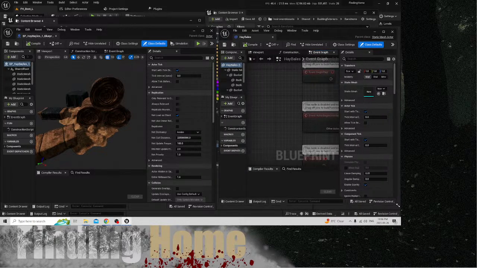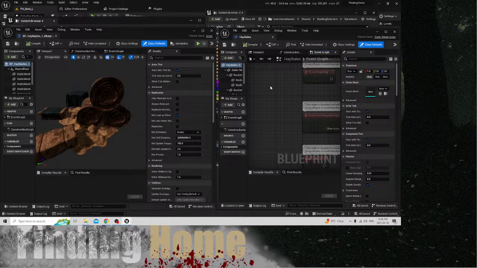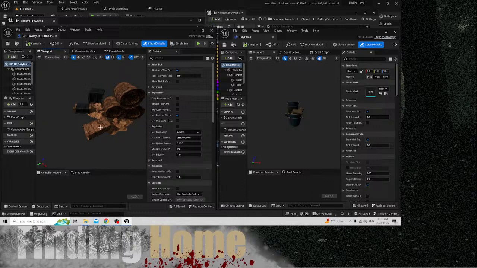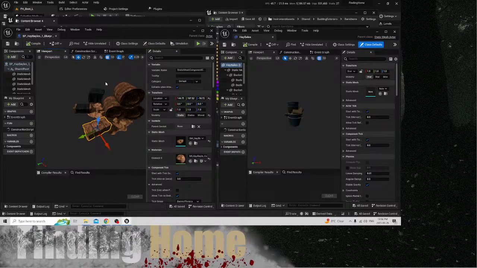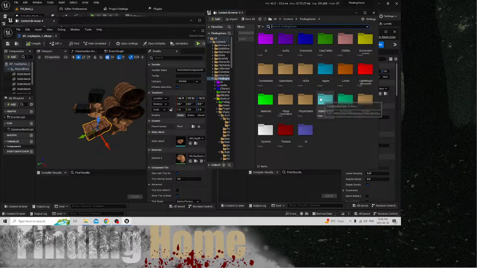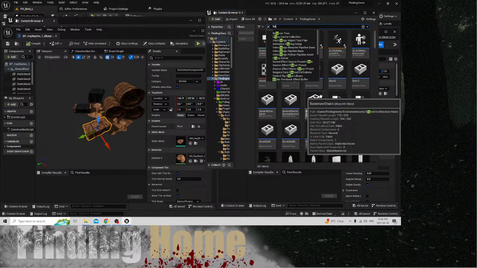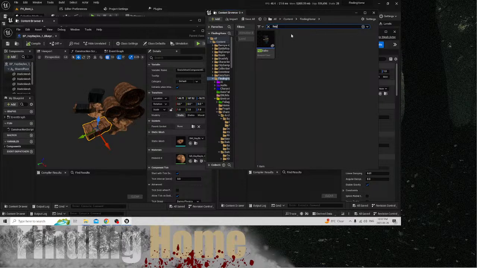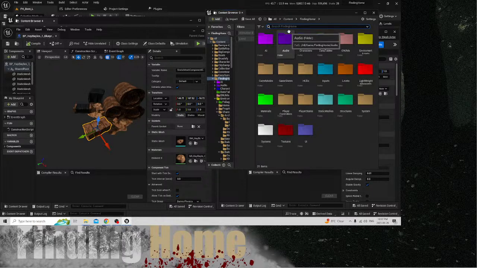All right, but I'm going to need a lot of these objects, I bet. If I click on here, I go finding home, and I do hay. Just locked up here for a sec. Yeah, it's just that we don't have anything else here. So this is the only hay. So we need to add the hay bales to